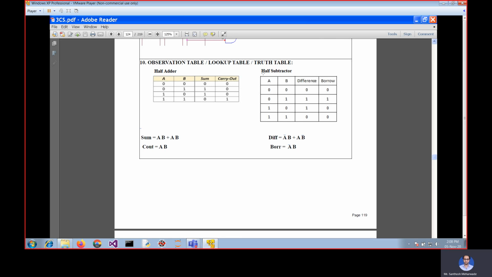Similarly, that can be seen for the half subtractor also, where the difference is A bar B plus A B bar, but the borrow will be A bar B, whereas in the half adder it will be AB.